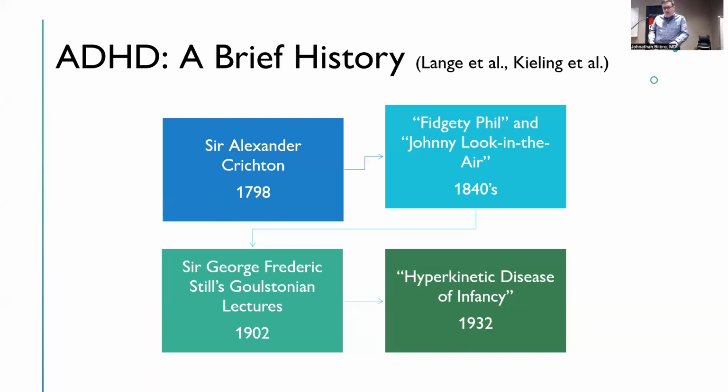He was a British pediatrician and gave a series of lectures called the Gulstonian lectures, in which he described what he referred to as a defect of moral control as a morbid manifestation without general impairment of intellect and without physical disease. And so, again, a very long sort of name for what basically would be an issue with attention that is not due to an intellectual disability or some kind of physical organic cause.